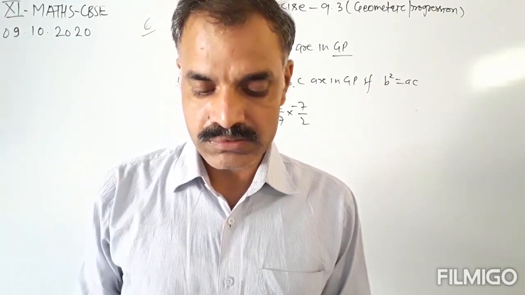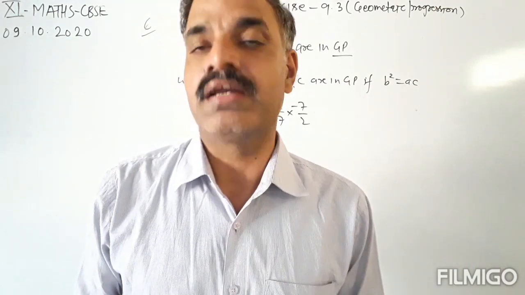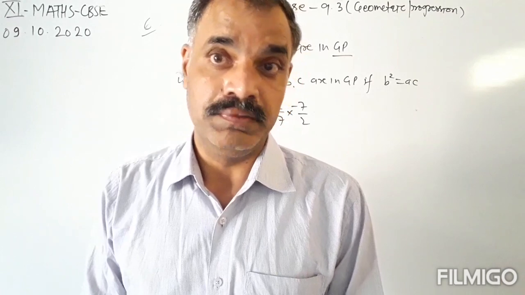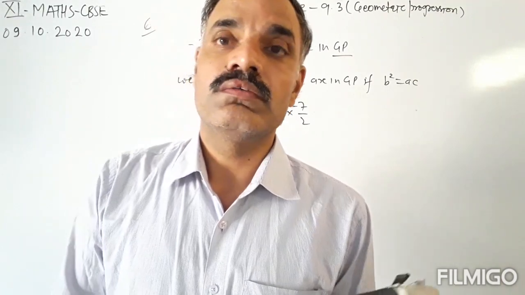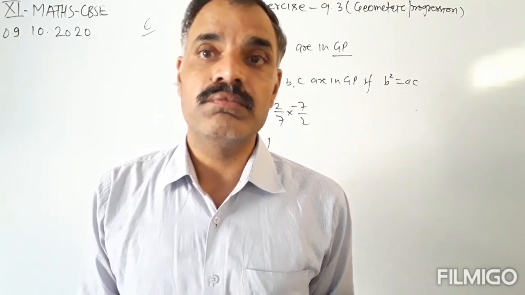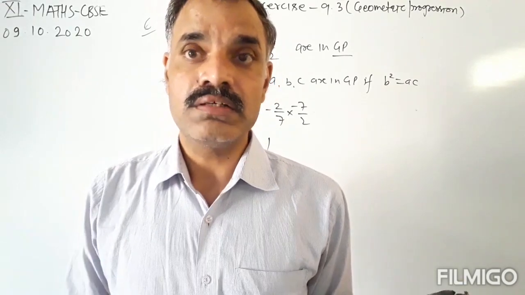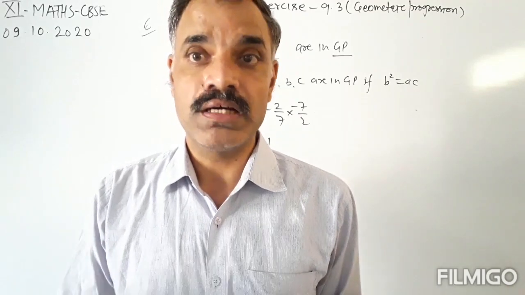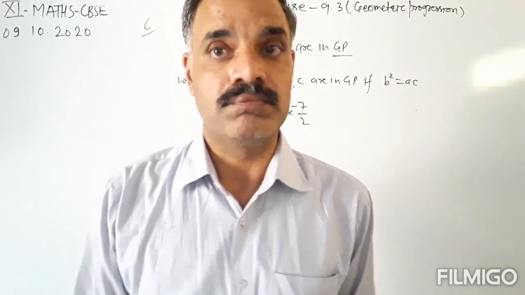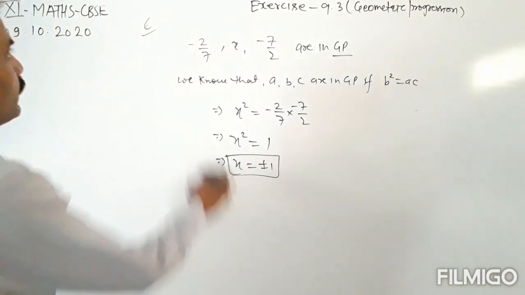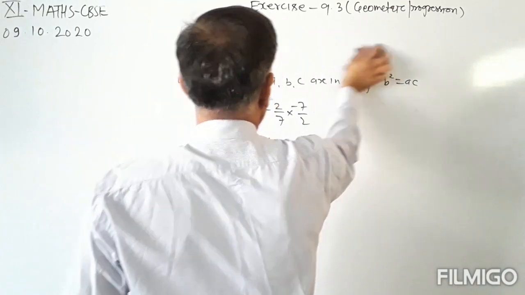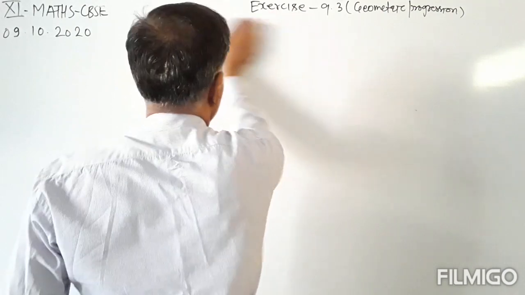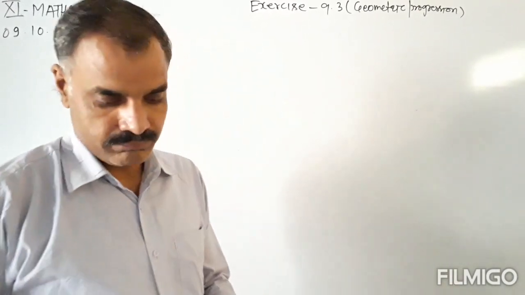Now we are solving the questions from question number 7, 8, 9, 10. All questions are to find the sum of n terms of the GP. To find the sum of n terms of a GP, we require the first term, the value of r, and the total number of terms we are adding. Okay. So we will take any one question from 7, 8, 9, 10.